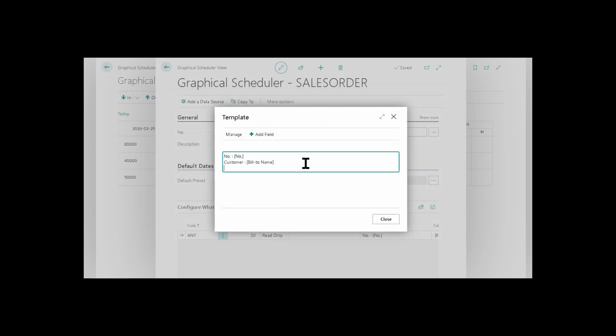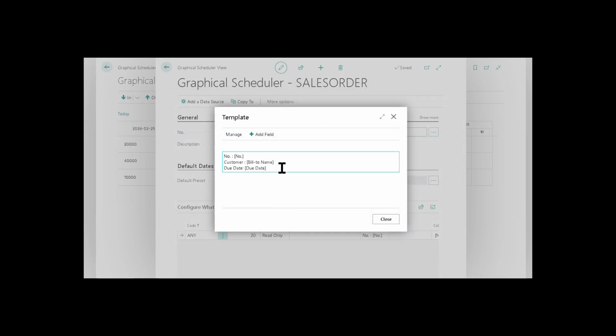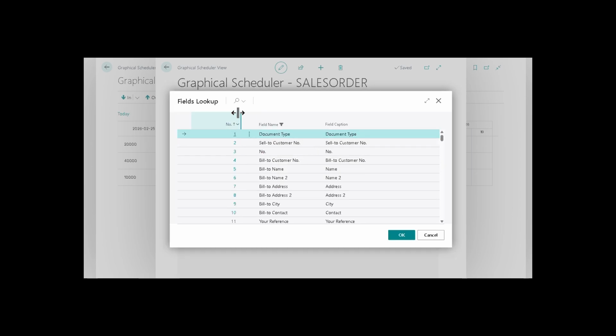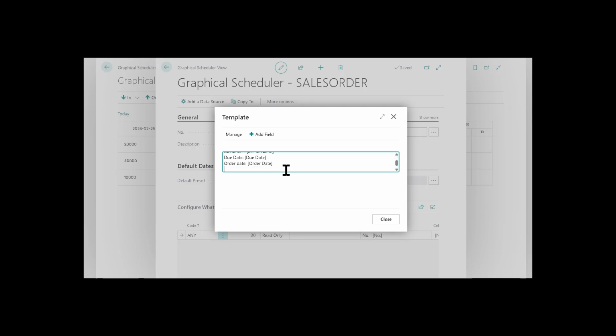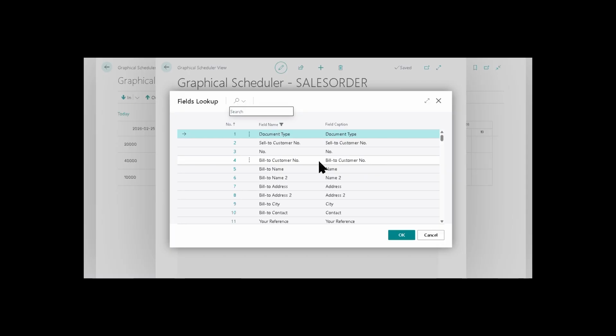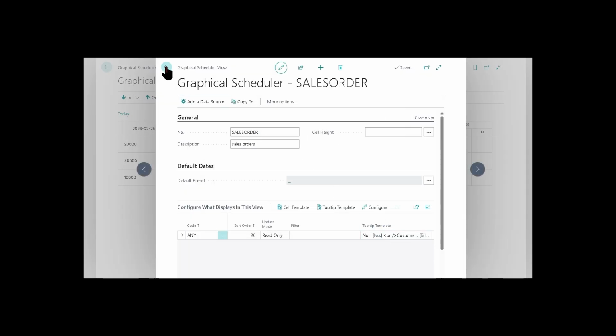And then I could use something like due date. We'll add in the field due date. And then I could add in order date. We'll add an order date. And let's maybe add a shipment date. And again, right now for this example, we're looking at the sales header. If you had individual shipment lines, so if you're not shipping the whole order at once, you would use the sales line table instead. So we'll just go shipment date. We're going to close that off and